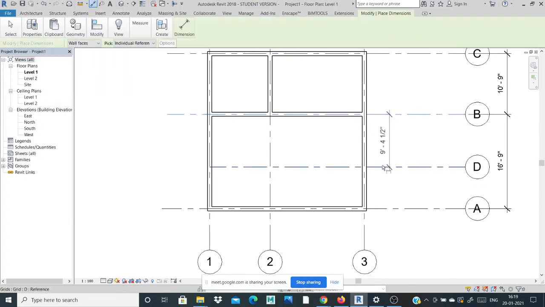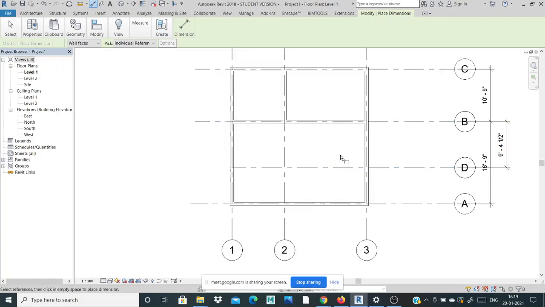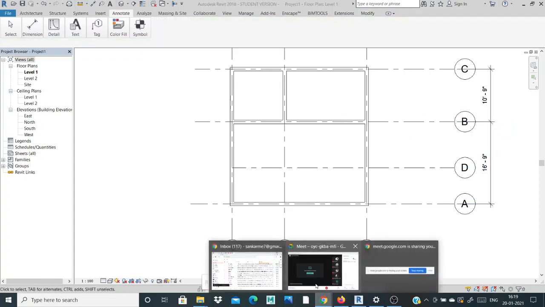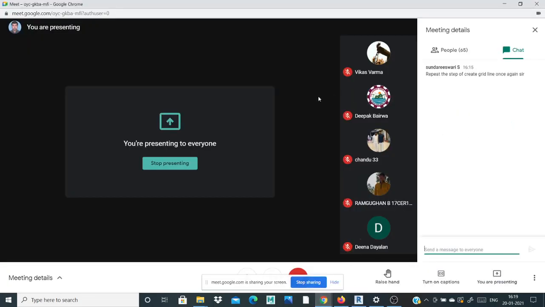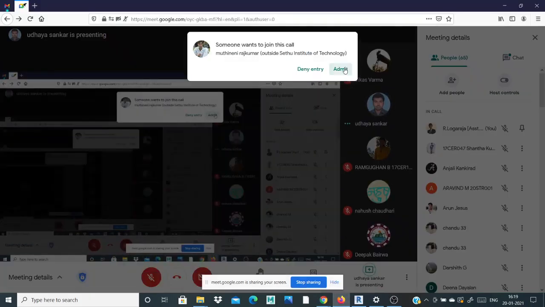Click this. This is a center to center distance of 9 feet 4.5 inches. Now understand how to calculate the center to center distance, right? This is the basic method for creating grid lines in Revit,